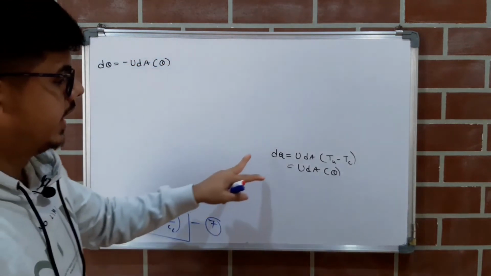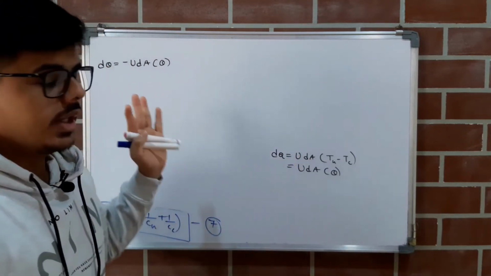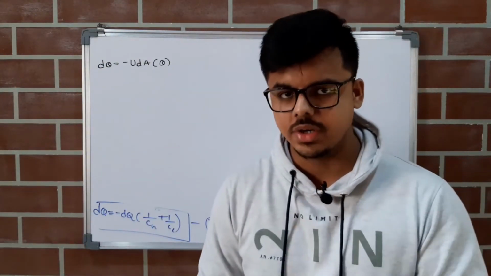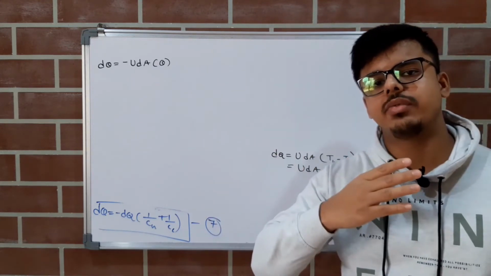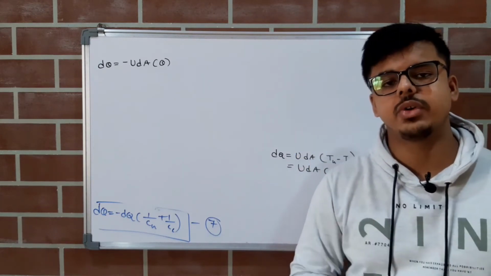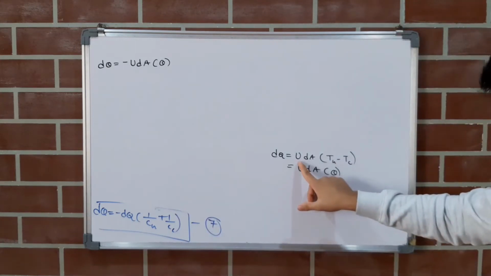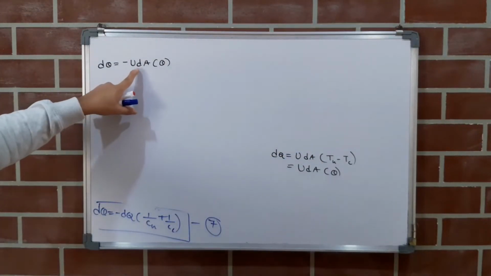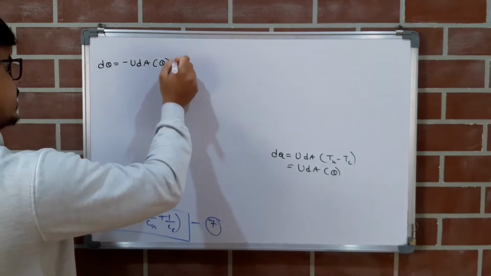Now you will think that here we had considered dA, dq, then why not du? Because in the assumptions we had considered that our overall heat transfer coefficient will be constant. So for every element of the heat exchanger, we will get the same overall heat transfer coefficient as we will get for the whole heat exchanger. So for that reason we had considered u only, not du, right? So it is minus u dA into theta. We got this into 1 upon ch plus 1 upon cc.